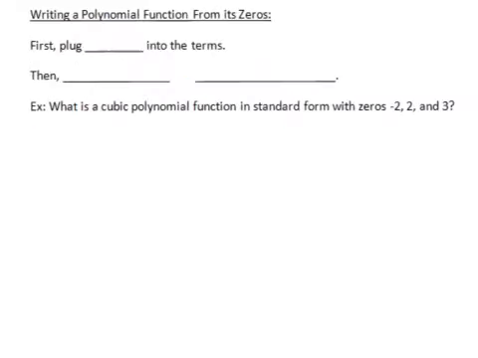All right, our last goal for this lesson is to write a polynomial function from its zeros. So we want to go backwards. Notice in our example, it says, what is a cubic polynomial function in standard form with these zeros? So it's letting us know what our zeros are. It wants us to go back and write the polynomial. So it wants us to go in reverse now. So it says, first plug, and we're going to say plug zeros